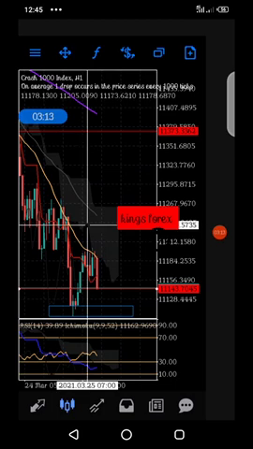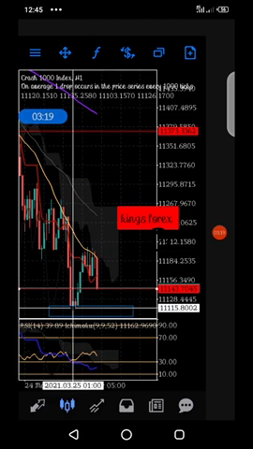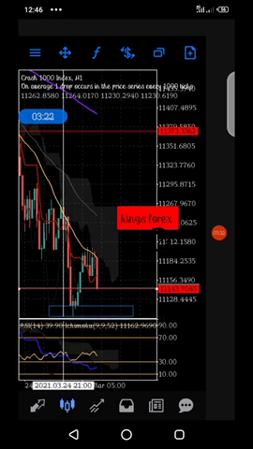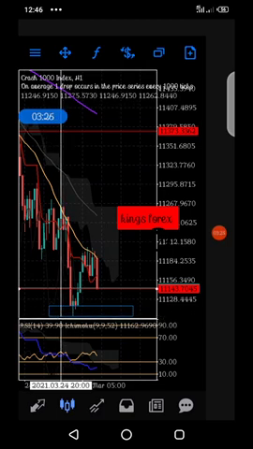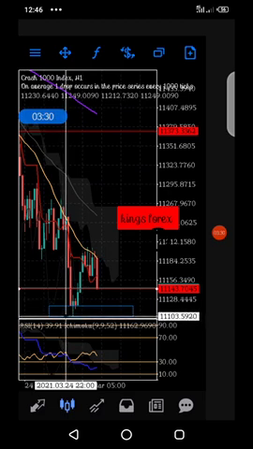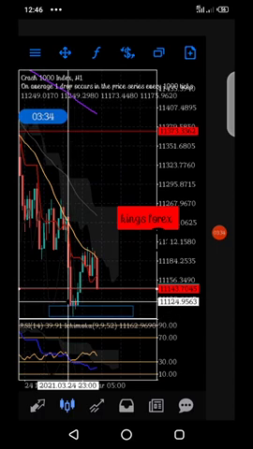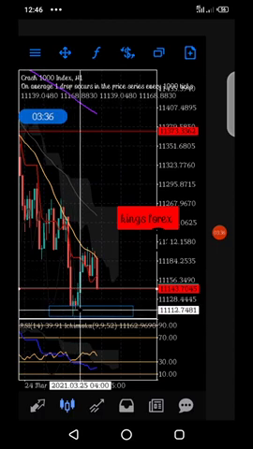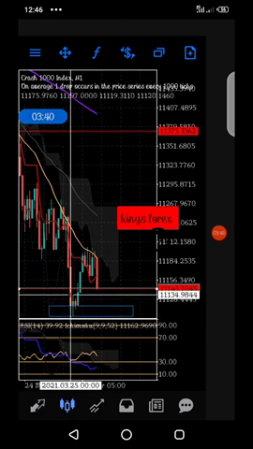The candle must not close. As the candle is coming, the body of the candle must not close below this box that you drew. But if the wick of the candle is below this box, it's still okay. The body of the candle must not close below the box that you put. So you wait for it.